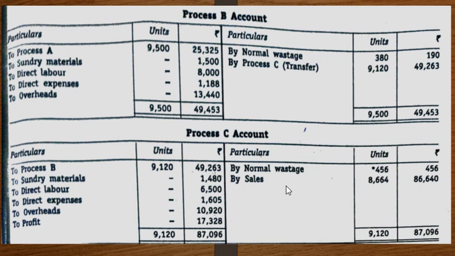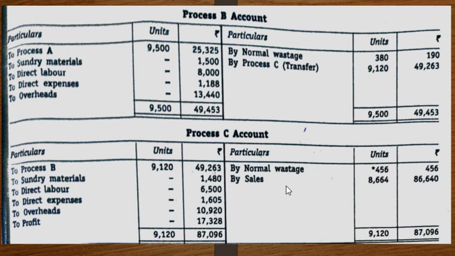The total of your output for process C will be 87,096. So 87,096 minus 69,768 will give you